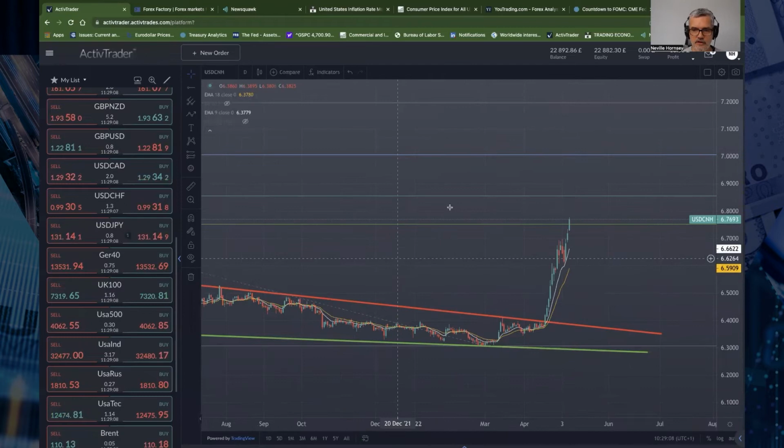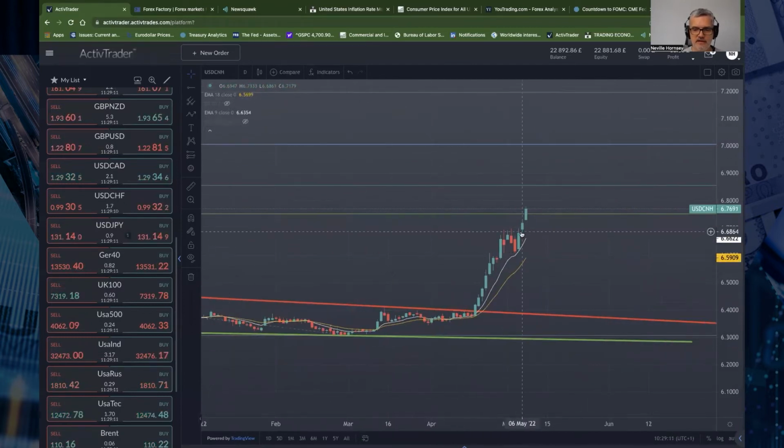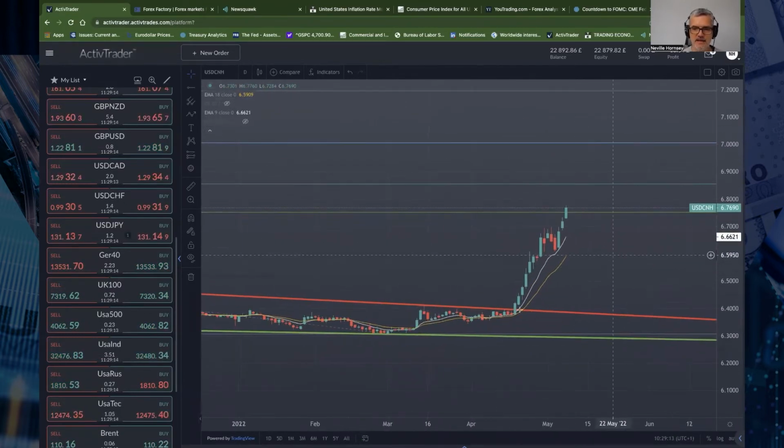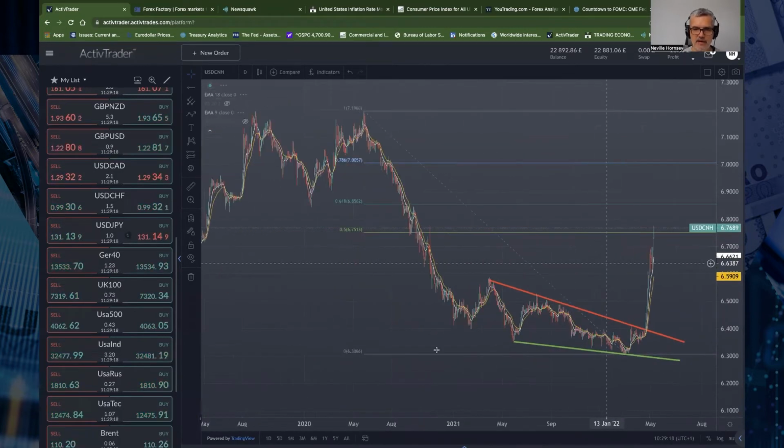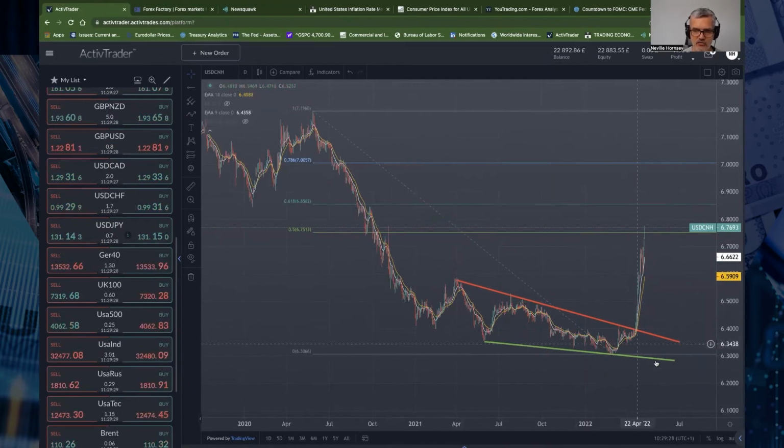Another driving force of the US dollar is the dollar versus the Chinese yuan. We're seeing that the dollar is accelerating a lot higher against the Chinese currency. We're currently 50% of the way back between the highs from 2020 down to the lows of 2022, so we've retraced 50% of that. Obviously, we were in a very controlled channel from late October 2021 into March 2022. Then they couldn't hold it any further, and a bit like holding a ball below the water in the swimming pool, they let go and it just popped up, looking for that to keep accelerating.